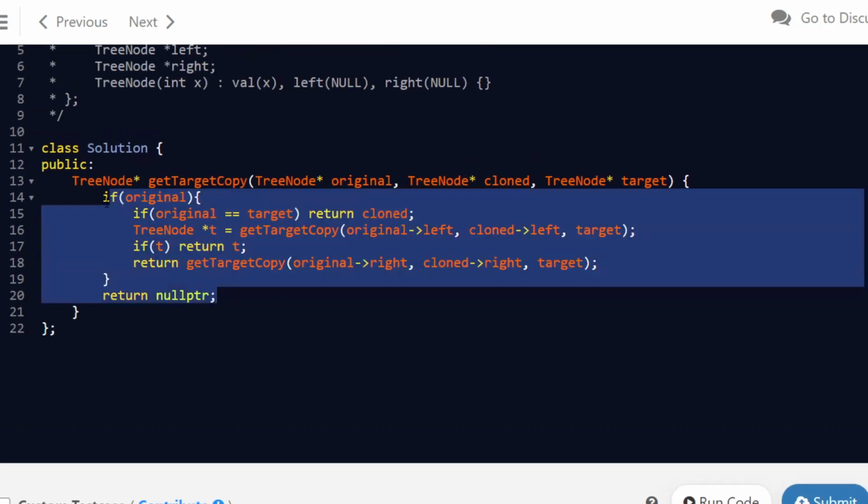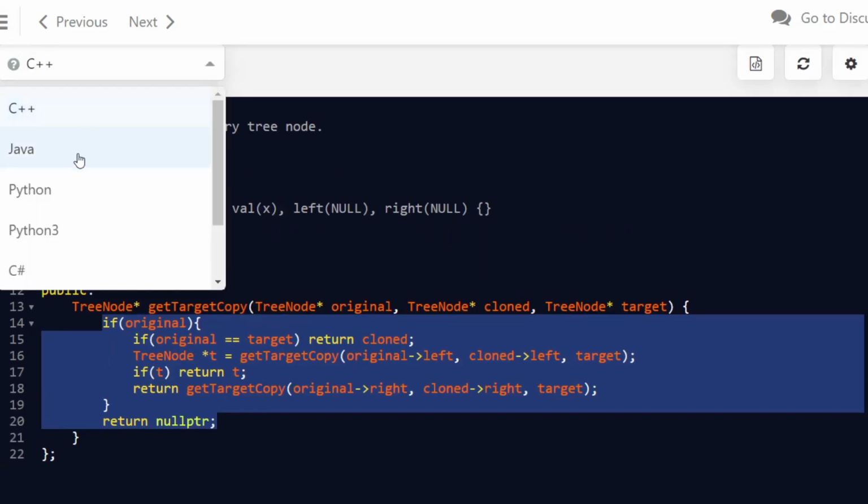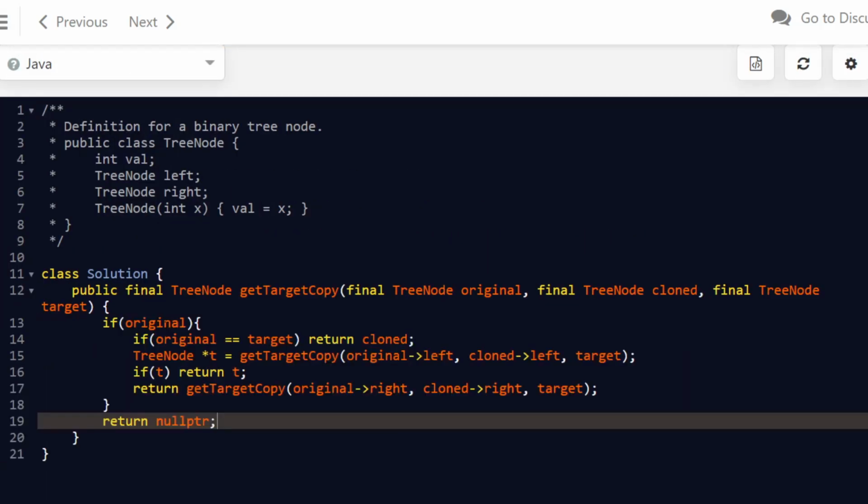Now let's do it in Java and Python. It's a very small solution, so it can be ported very easily.